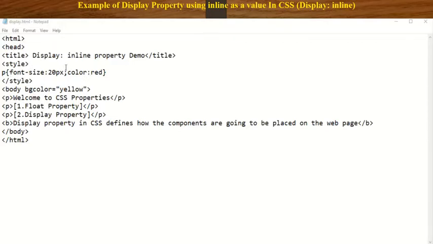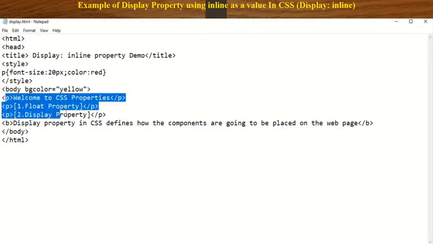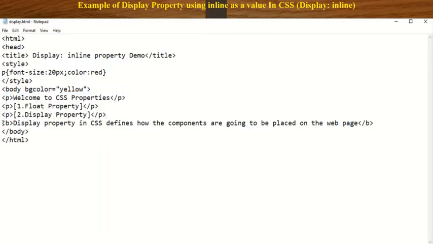The font size is 20 pixels and the color of the text is red. Then style close, then body, background color is assigned as yellow, and I want to print some messages in paragraph tags. At last I want to use the B tag, which is used to bold the given text.